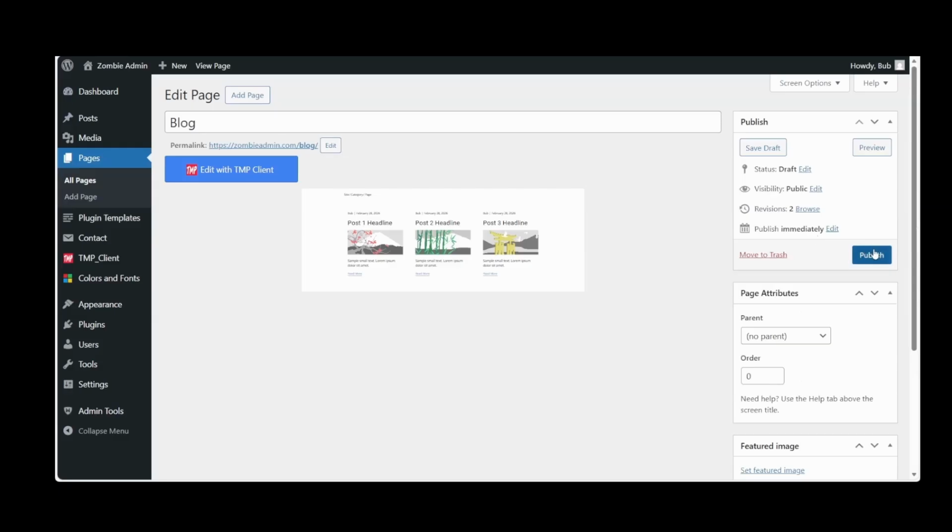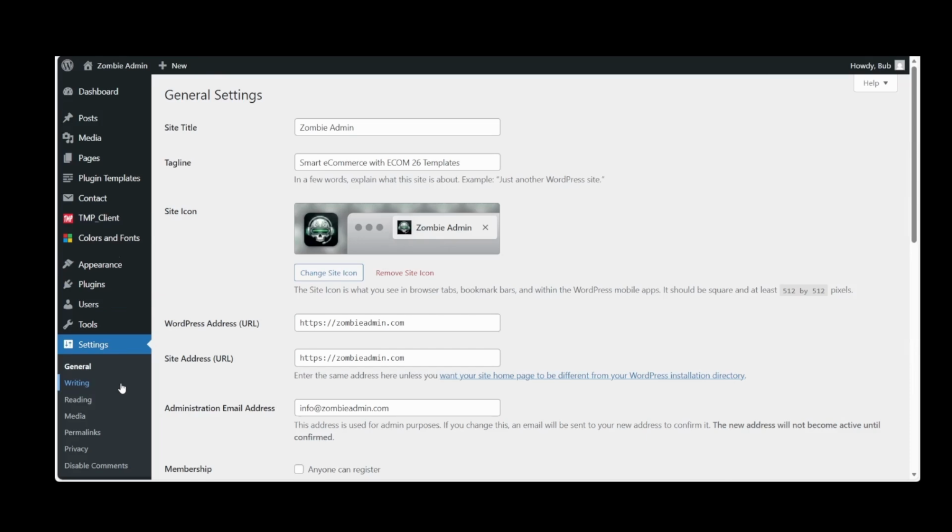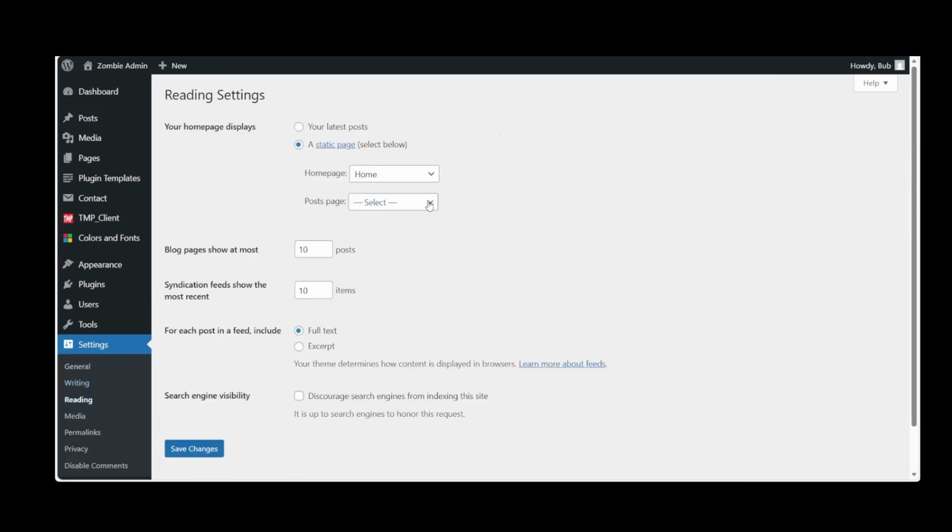Let's publish. Let's go down to appearance. Let's go to settings instead. Click on settings there, and we will go to reading. From reading, let's click and select blog for our post page and save.